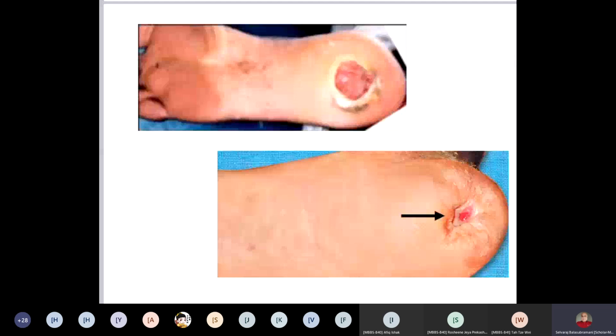What is the number 2 cause? There are 3 things in the pathology of development of a diabetic ulcer. What will happen to the blood vessels supplying the area? The blood vessels will get atherosclerosis, which is very common in diabetic patients. Blood supply is decreased. So number 1, there is no nerve supply, no sensation there. Number 2, blood supply is also decreased.